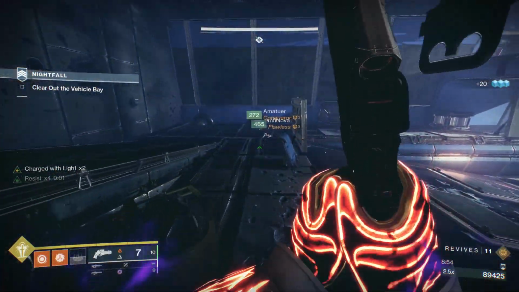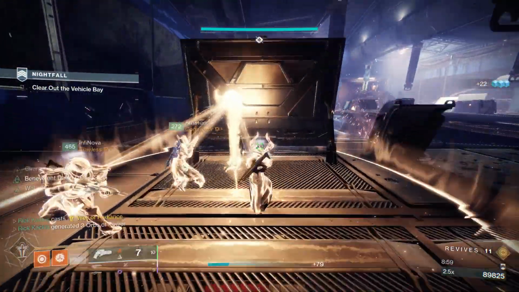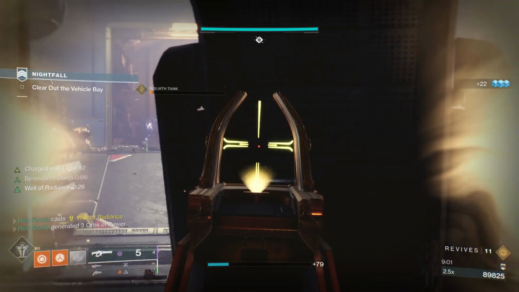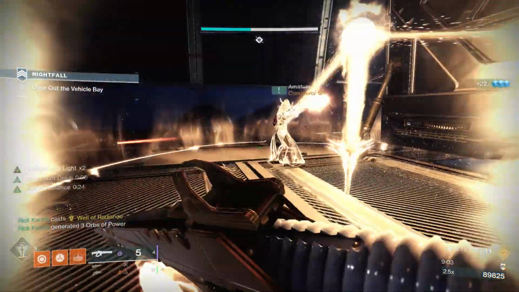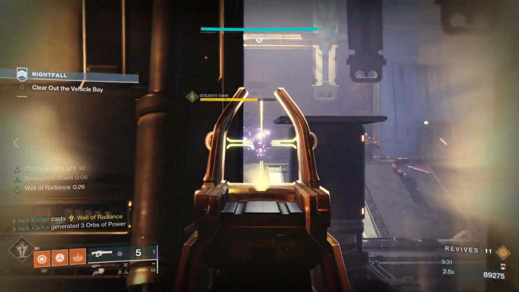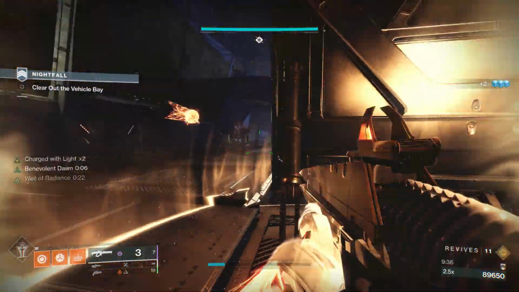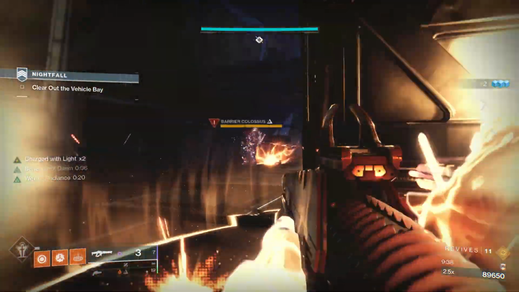Now, once you do kill those guys, another wave is going to spawn, including two massive Cabal tanks. The biggest tip here is to just focus fire one of them, specifically the left one, as quickly as possible. With Particle, that's actually a lot easier than it's been in previous years. So you can melt that guy with those linears,